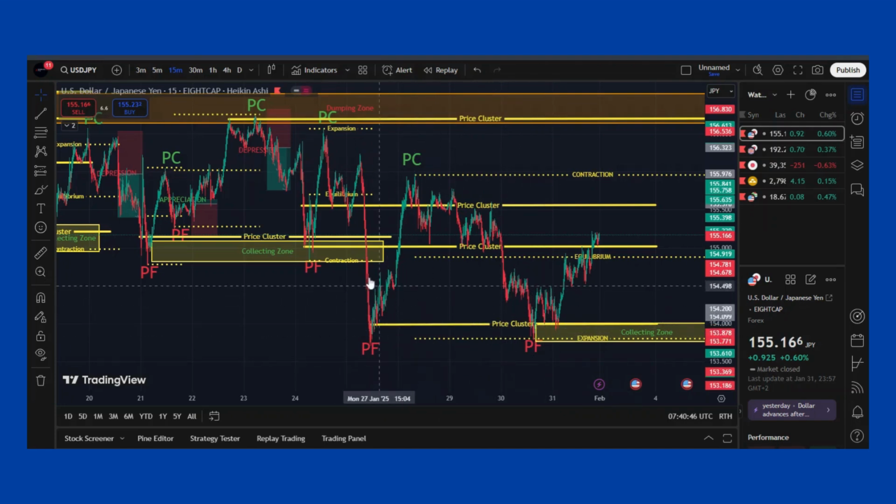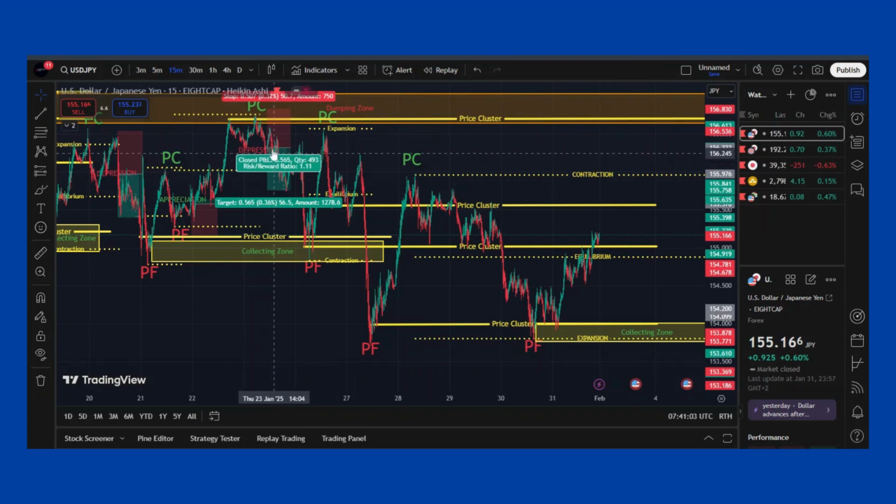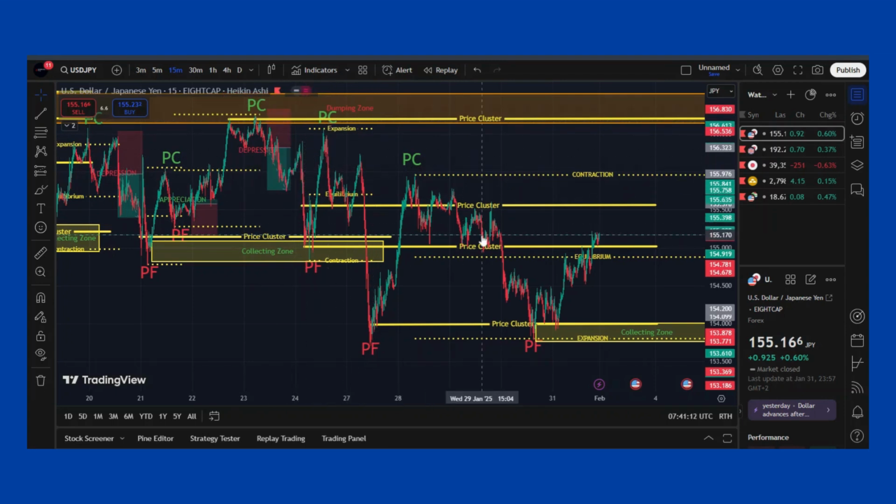So after the market flow forms these price clusters, the next thing is to look for the collecting zone and the dumping zone. As you can see, there's a collecting zone here, and there's a dumping zone from the previous week, which was never broken, but it was tested. I tried to take this trade, but it didn't play out as I was expecting. So this upcoming week,